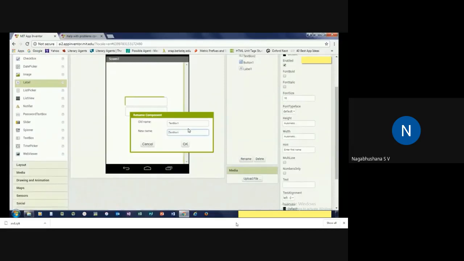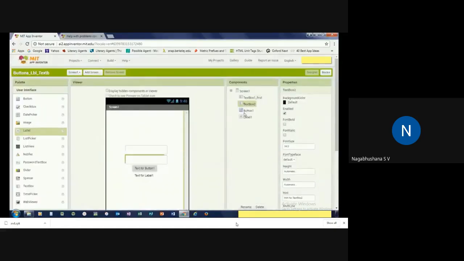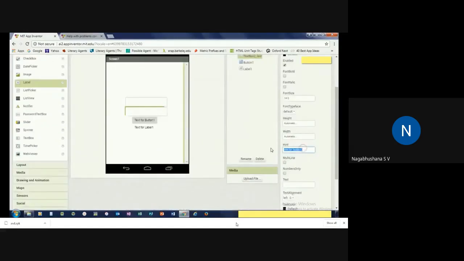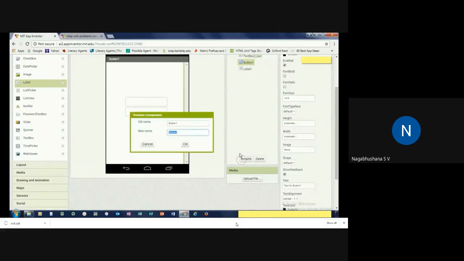For the first text box, we can name it too. So let's rename it text box 1 first. Text box 1 is for the first name, and text box 2 is for the last name. Now for this one, obviously you have to change the hint to enter last name. So if you move your cursor over that, you'll have the first text box as enter first name and the second as enter last name.